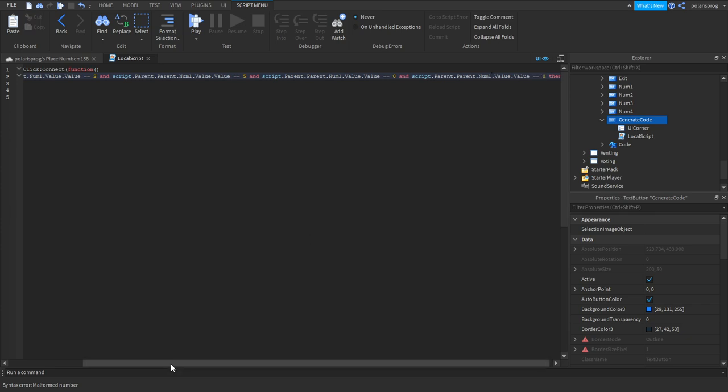And instead of having everything set to num1, I'm going to change the second one to num2, the third one to num3, and the last one to num4. Then